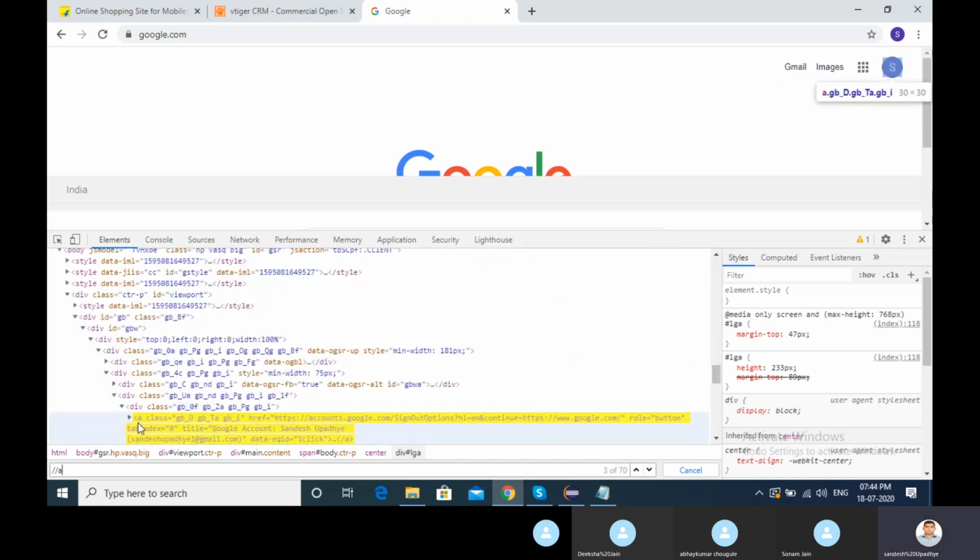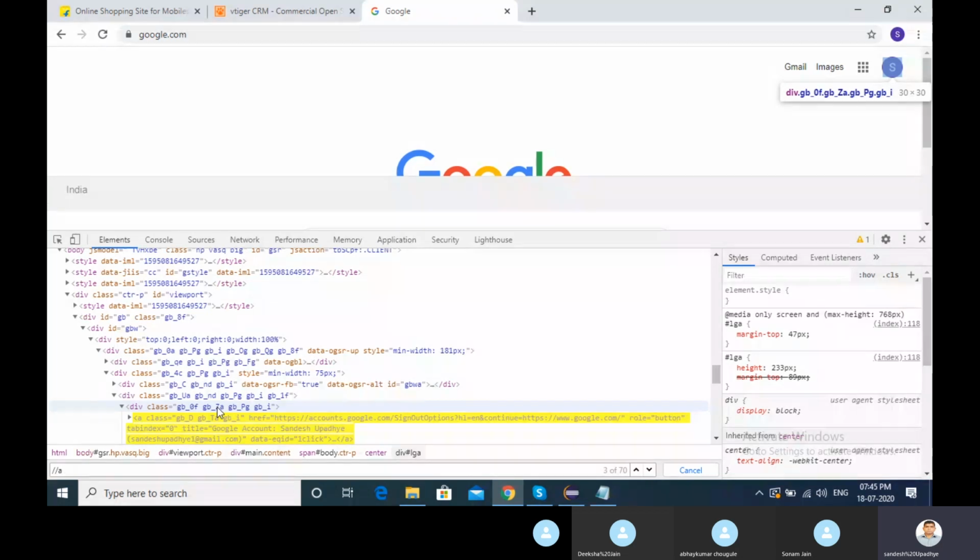Whatever comes first is the tag name, then class is the attribute, and these are the attribute values. I explained this in the first lecture, right? So div is the tag name, class is the attribute, and these are the attribute values. So basically the tag name locator is used to find the element matching the specific tag name.